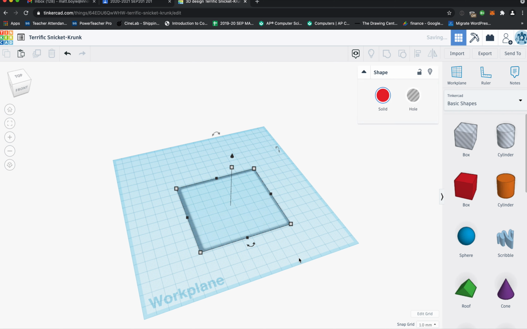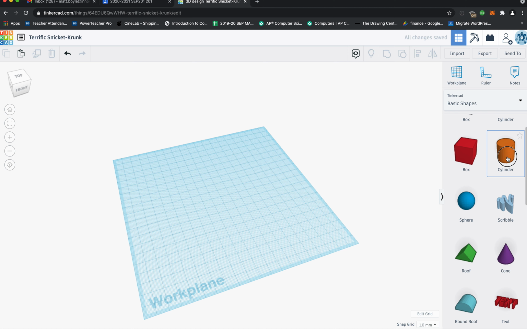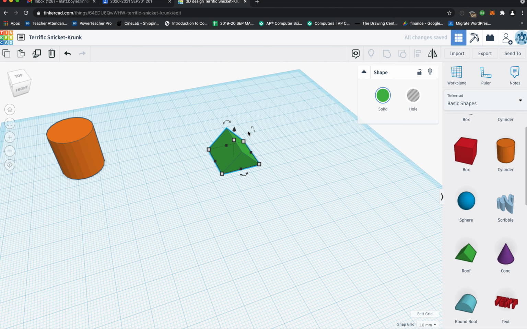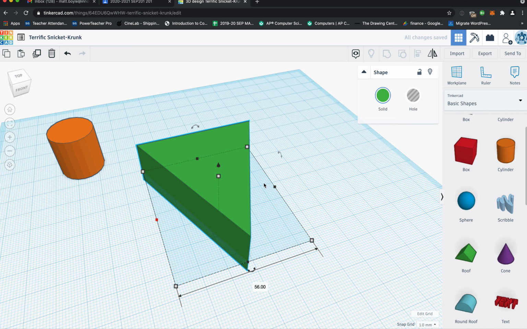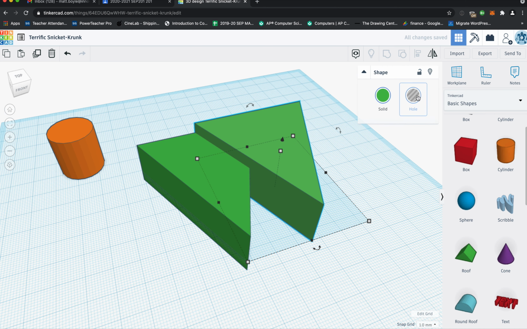Now you can also do this with other shapes. So if you want to get creative, you could do it with a cylinder, or you could do it with sort of a triangular shape. Watch this. I'm going to take this roof shape, but I'm going to put it on its edge like this. Make sure I go 90 degrees. Now I'm going to make it a lot bigger in certain dimensions, like this. And now I'm going to copy and paste it, turn this one into a hole,